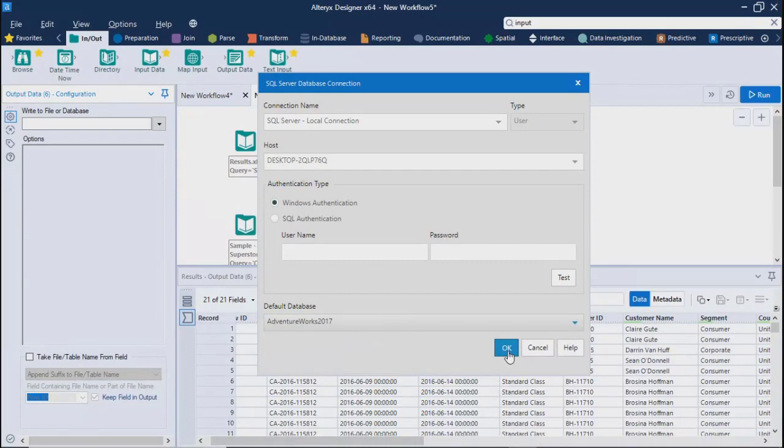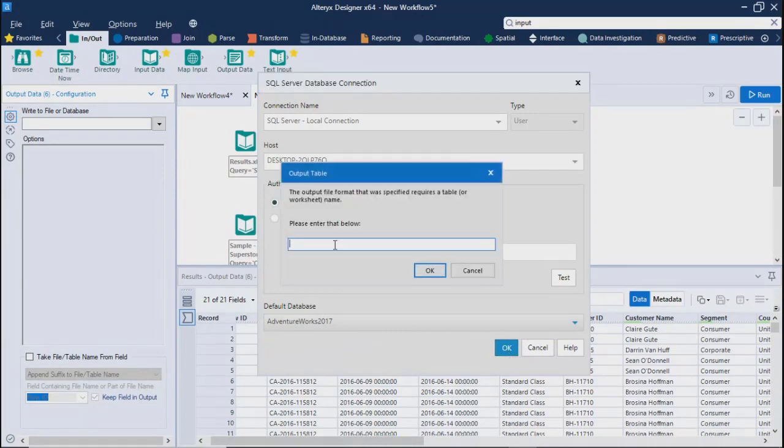We'll see. Let's move. The output file format that was specified requires a table or worksheet name. So I will say table name as sample underscore superstore.